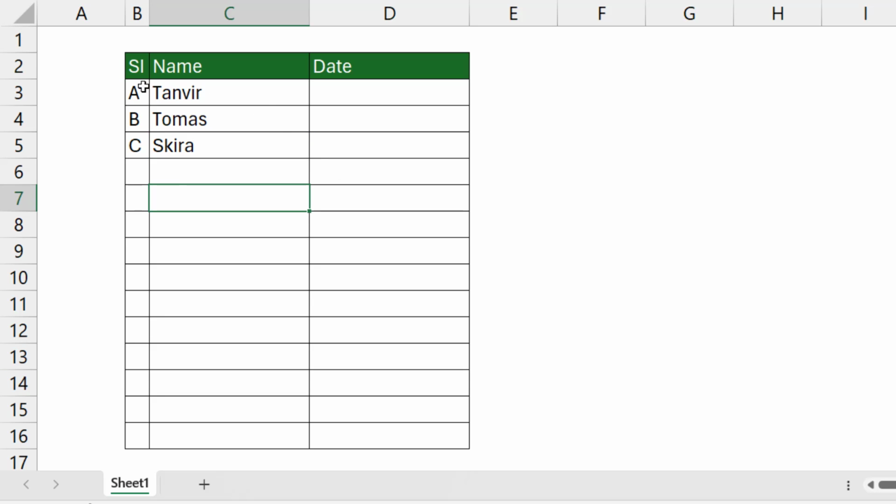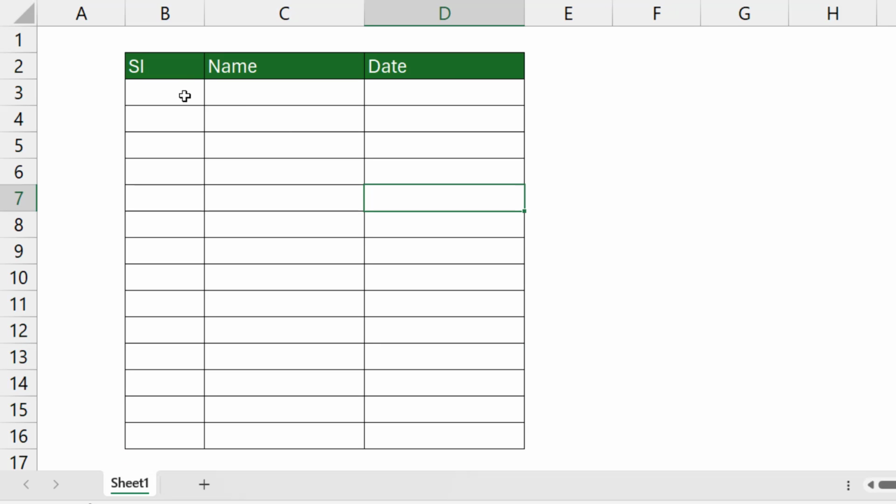In this case, delete our full data. Click where needed, this serial number B3 cell, and press the equal sign and type the IF function. Now you can see the IF function syntax here. Logical test. The logical test is if this name cell is empty, equal to empty, that means double quotation